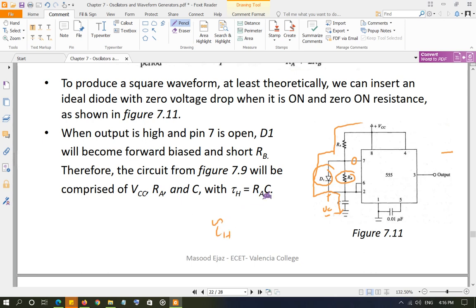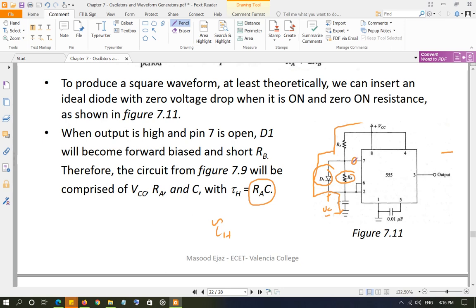So your time constant T high is going to be, in this case, I don't have to rewrite it, RA times C, because those are the only two components in the path of the flow of current. And when the output is low,